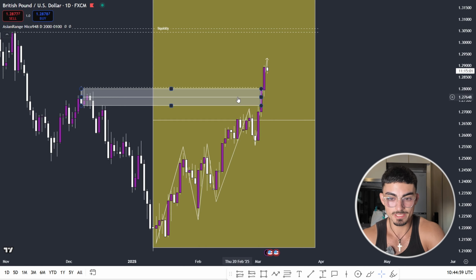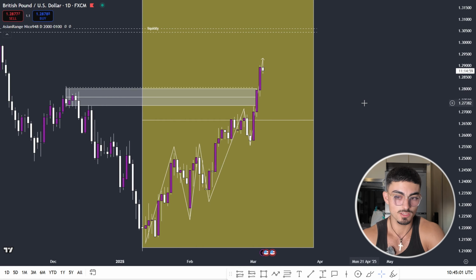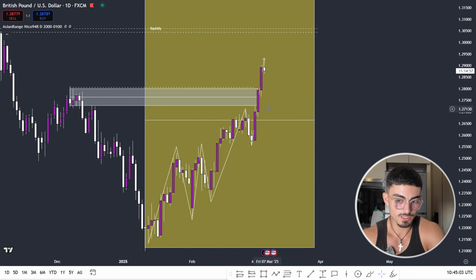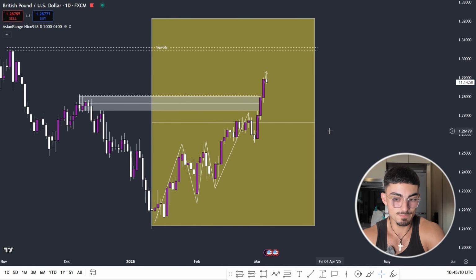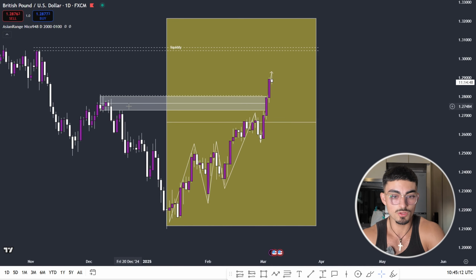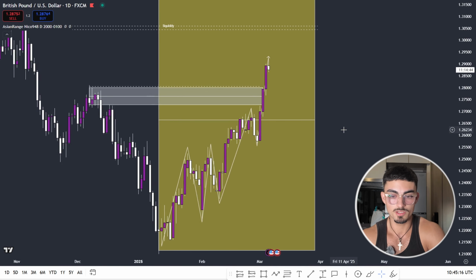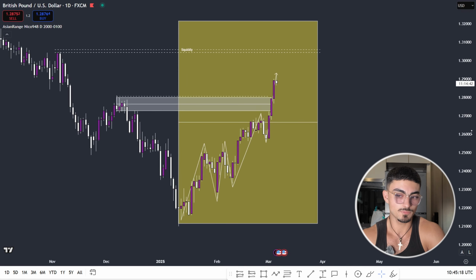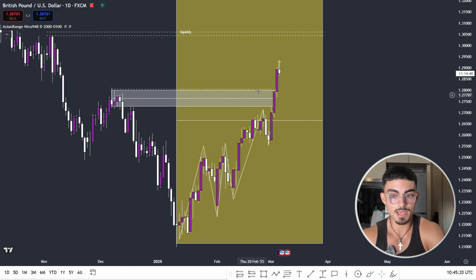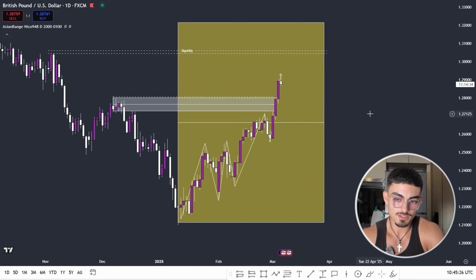There's no point even drawing this out on your charts, okay? It's not going to be respected if the higher time frame is bullish. And as we already understand, the higher time frame is bullish, so supply zones are not relevant. And I can't stress this enough. So many traders are going to have the mindset where, oh, we're trending higher, but it might react to this daily supply zone because, oh, it's a daily supply zone. Look at that. Nah, that's not how this works.